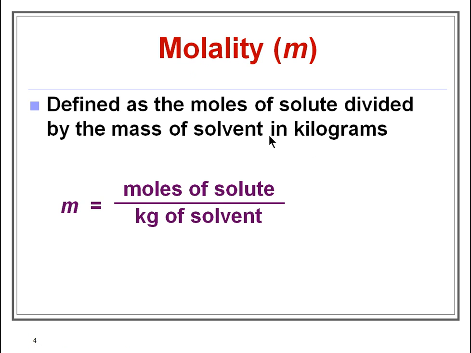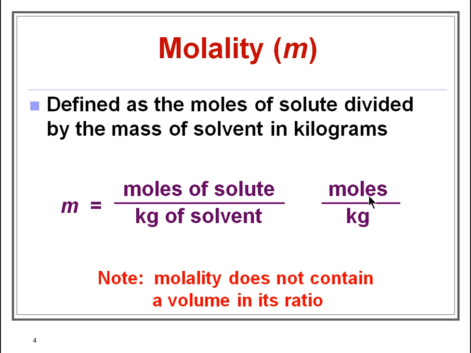So it means how many moles of solute are dissolved in the solvent, but you have to represent the solvent in kilograms. The formula is number of moles of solute divided by kilograms of solvent, and its unit is